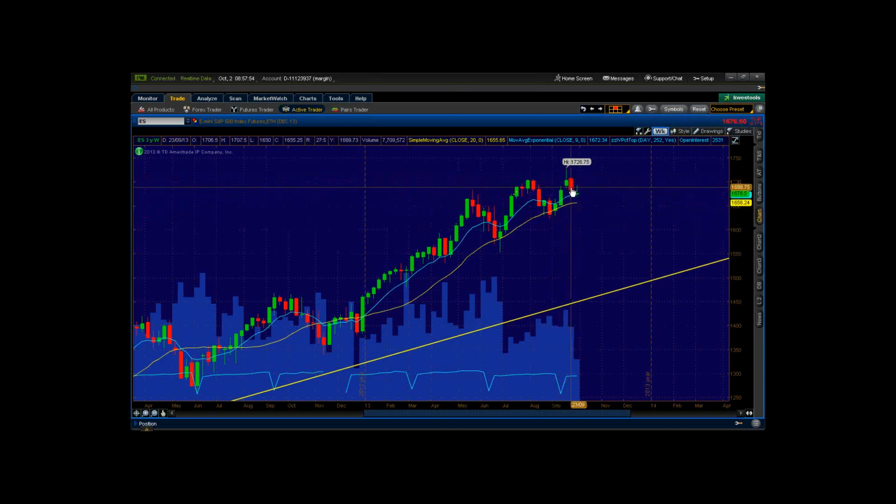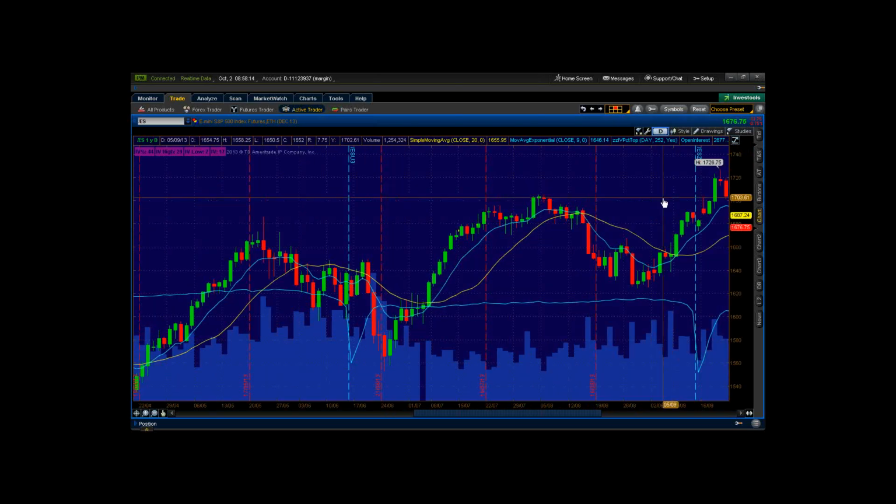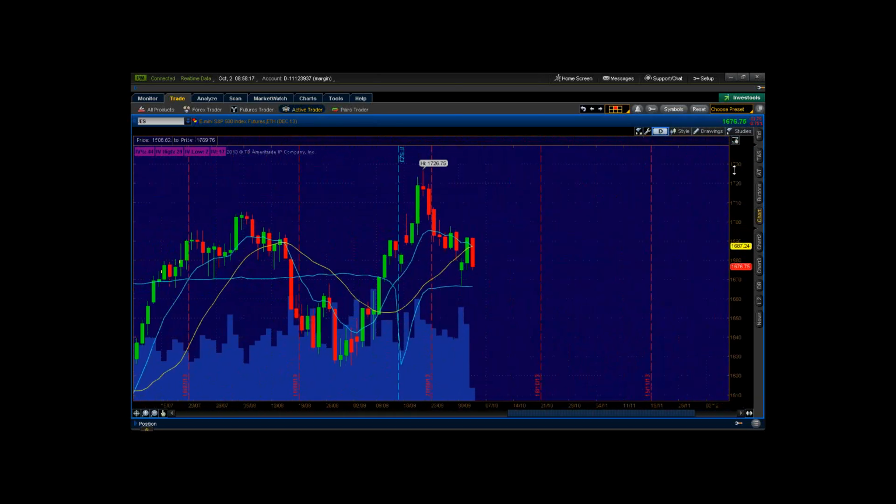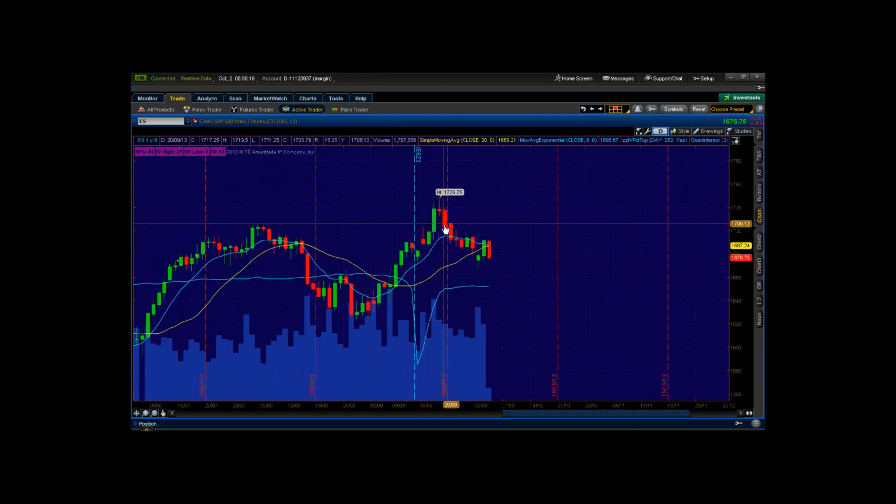Of course, we had the island top, but we went up and closed the island. But we're sitting right on the 9 EMA right now on the weekly, and there's a possible head and shoulders pattern setting up. So, we've lost slope. We do have separation, but it's indecisive on the weekly in terms of the trend. Going over to the daily tells a little bit different story, where we've started to roll over. We closed below the 9 and the 20 2 days ago.